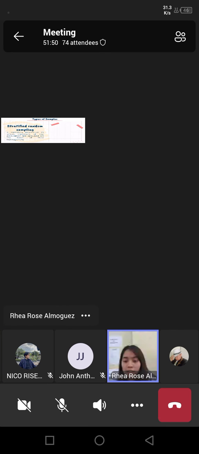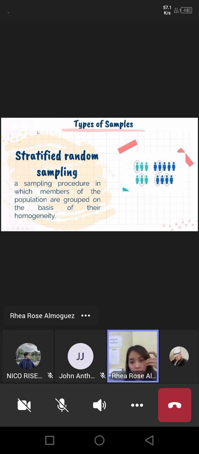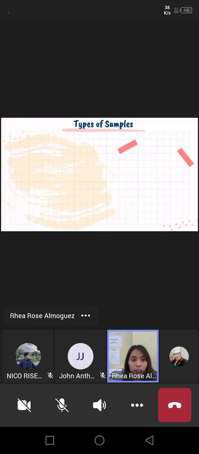Igugrupo mo, and then kukuha ka lang from each of the group. Sana po ay naiintindihan. Ginrupo niya, and then kumuha from each group. Kung ano man po yung gusto nyong, ilan man yung gusto nyong kunin. Okay? Well, this cluster sampling naman,